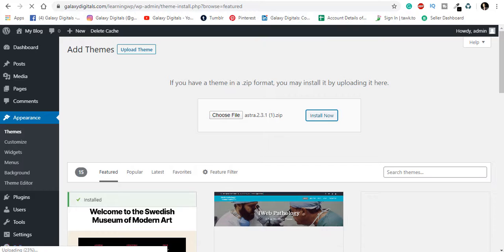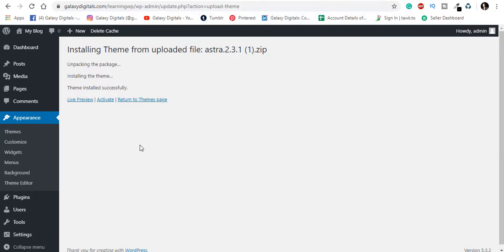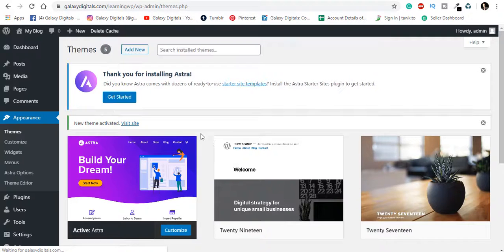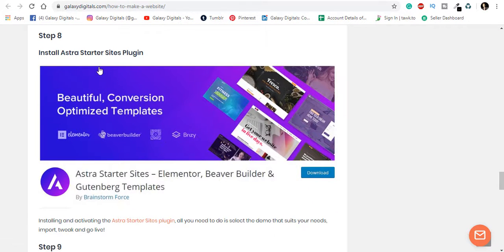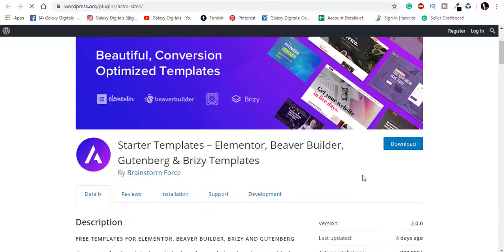So guys, our theme is installing. Theme is installed, and let's activate the theme. Theme is installed and activated. Let's install Astra Starter Sites plugin. Click on this link, and this is the plugin. Click on download,